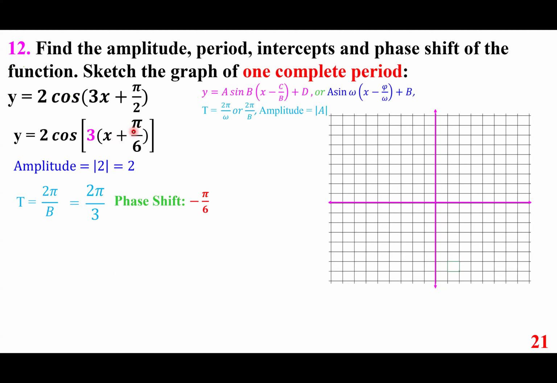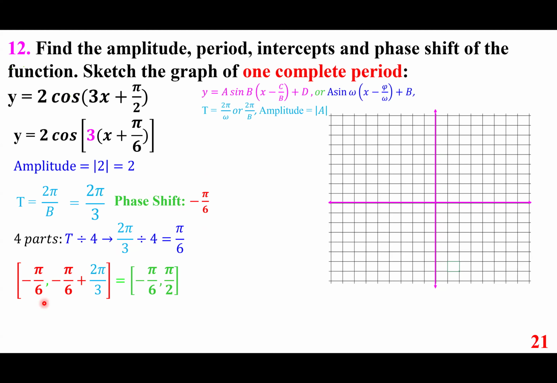So what do we do? We cut the period 2 pi over 3 by 4, and we get 2 pi over 12, 4 times 3. When you divide by a whole number, you multiply it by the denominator, 2 pi over 12 or pi over 6. That is when we cut it into 4 parts. We start with the phase shift. The phase shift is from negative pi over 6, and we add it to the period. So the very first part starts from there. And so we write from minus pi over 6 to